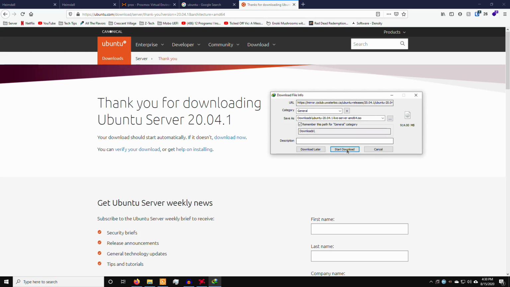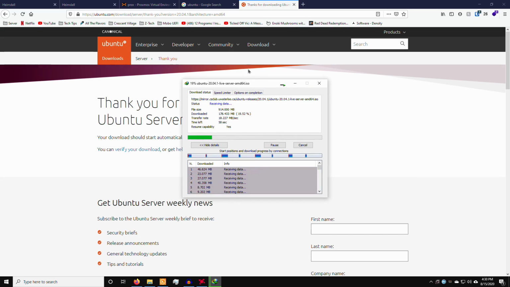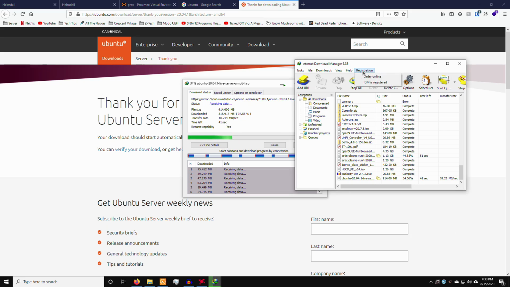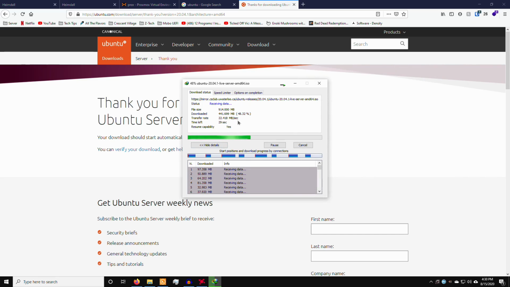I use a download manager. It speeds up my downloads. By the way, in case you're interested in this downloader, I've been using it for over 20 years now. It's called Internet Download Manager. I even have registered it. I've paid for it. It is a fantastic piece of software, and I honestly refuse to download anything without it,